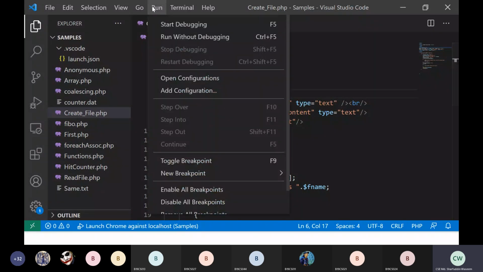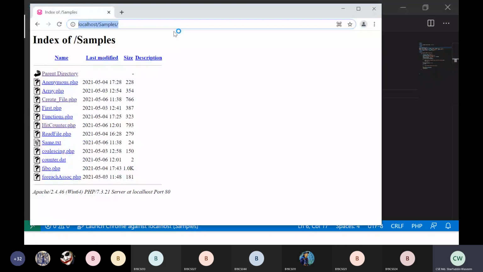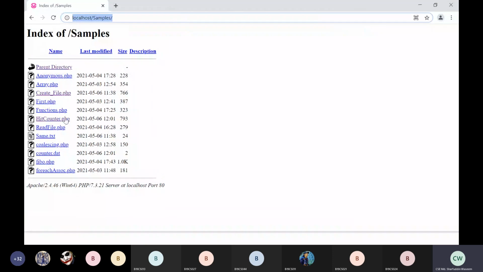Let us run this file, then we can understand. This is create file.php. Here it asks two things: the file name and the file content. This is simple HTML that we have seen earlier. It can have a get method or a post method. Here I am writing a get method. For the file name I can give some name like second, because the first file is already there, but we'll try with first. And we'll write